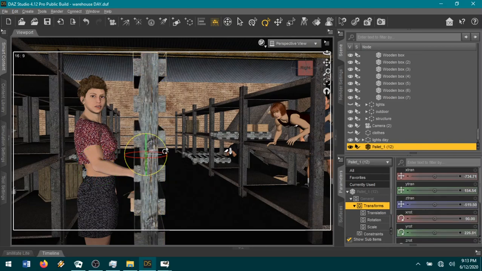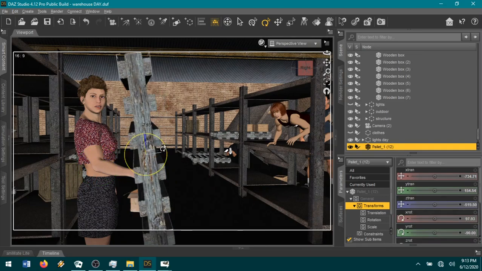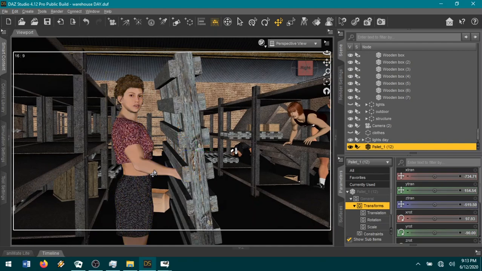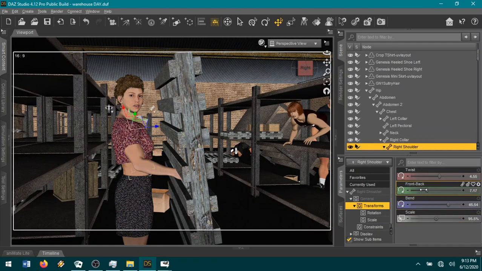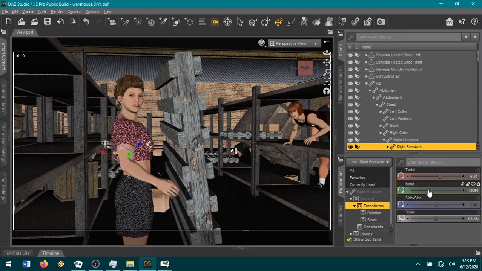Actually, let's tilt, no, go that way. There we go. Okay, and I should be done with. Now, when you lift something like this, you bring it close to the body, so